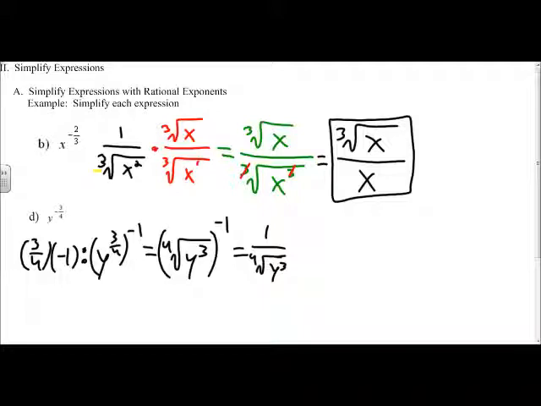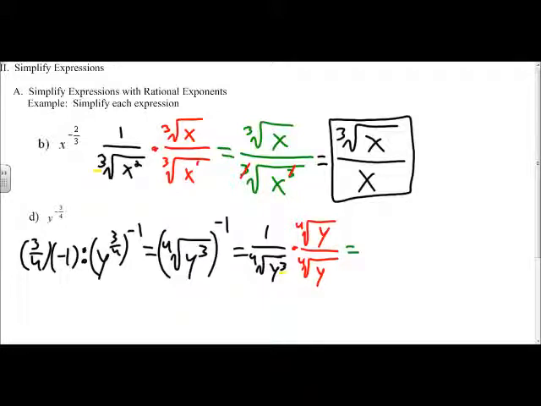Again, we can recognize that we're not quite finished here because we have a radical in the denominator, so we need to rationalize our denominator. We know that we are going to be working with a 4th root, because of the 4th root from our denominator over there, and we want to make this power become 4. So we need to be multiplying by a y to the 1st power, because we already have y to the 3rd power. So we need to make sure we're multiplying by both on bottom and on top, or the denominator and the numerator,